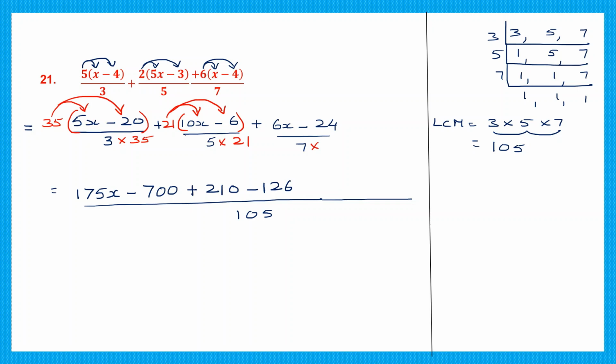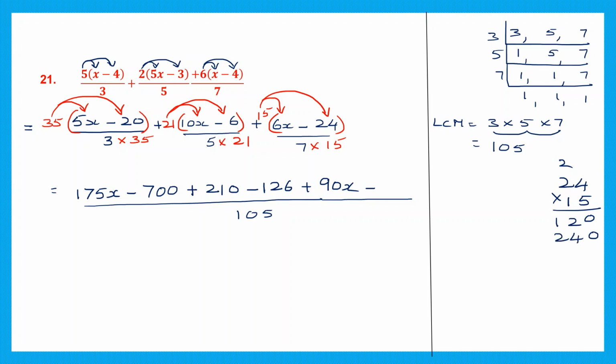Now let's go on to the third one. Now 7 into what is 105? 15. So we have to multiply this whole thing by 15. So 15 into 6 is 90. So that is plus 90x. Now we multiply 15 into minus 24. The sign is minus. Let's multiply 24 into 15. 5 4s are 20, carry 2. 5 2s are 10, 11, 12. 0, and 1 into 4 is 4, 1 into 2 is 2. Now add this up. 4 plus 2 is 6, 2 plus 1 is 3. We get